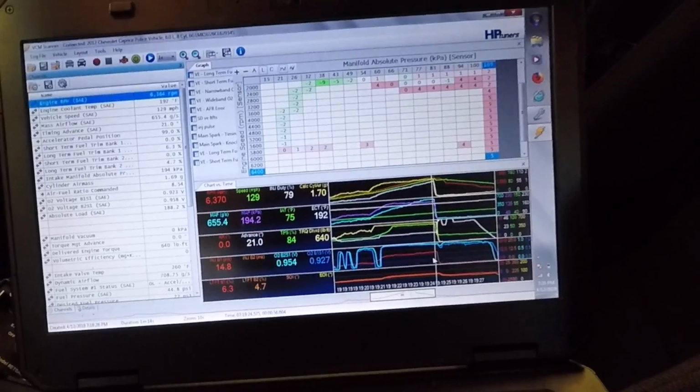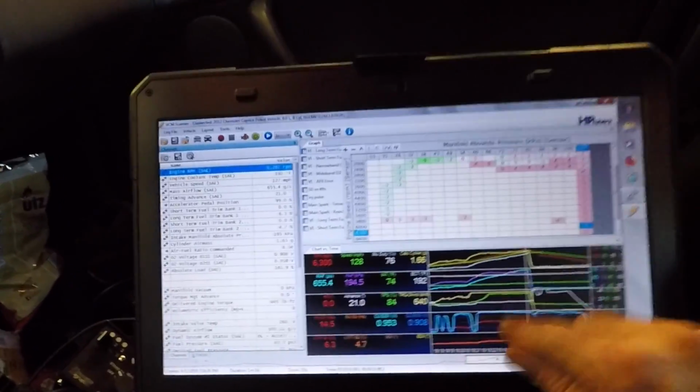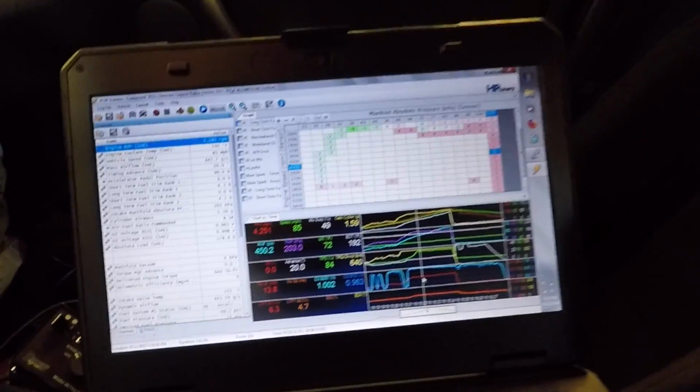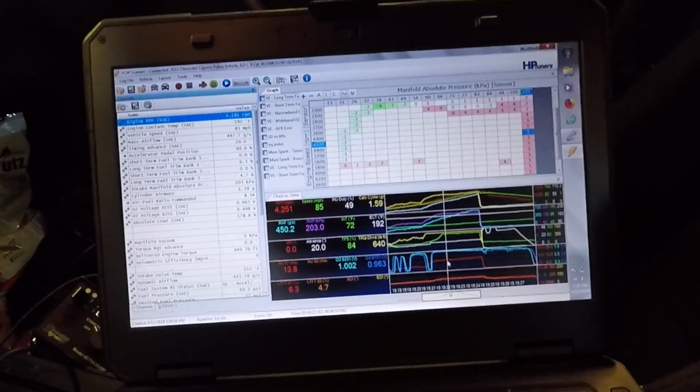I'm trying to see how much fuel pressure we have. All right, so our fuel pressure is dropping to 44 pounds all the way at the top on full E85. We are going to still take out a lot more fuel, so we should be able to get some of that fuel pressure back. Now, for boost, we are making just over, right about 15 pounds of boost, 203, and